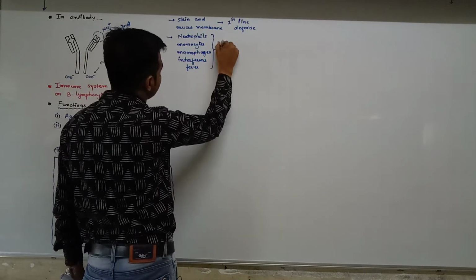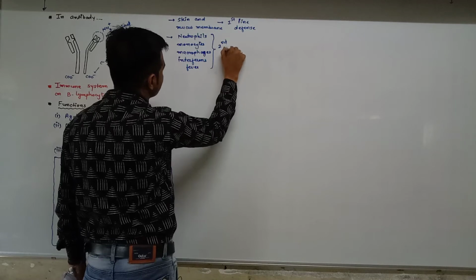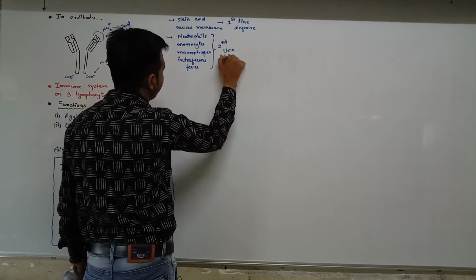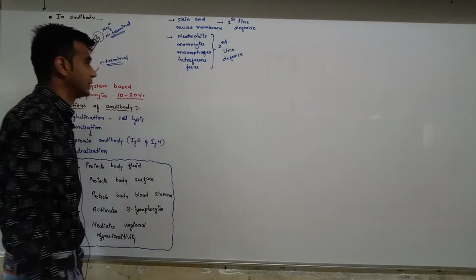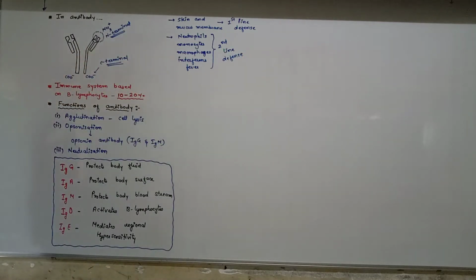These are the second line defense. If the antigen comes in contact with the first line and passes through it, then it comes in contact with the second line effect,